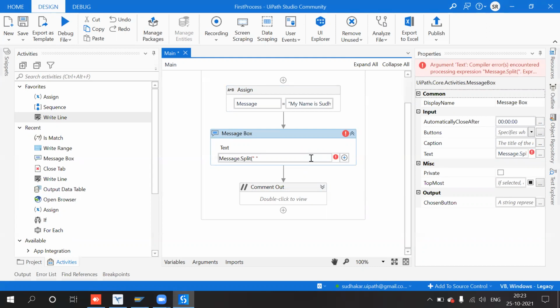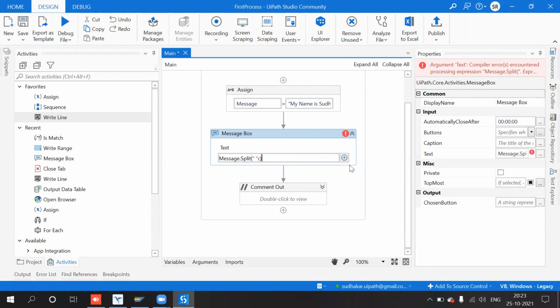Then followed by we have to use C. Then close it. Okay, so C is mandatory whenever you are using the split function. Split is for splitting the existing text or a string into an array. Okay, the output of the split function is array.